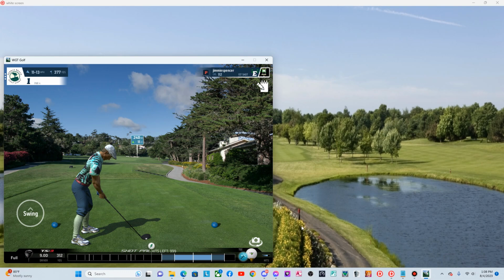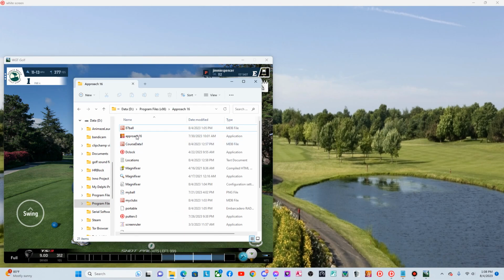Hey guys, I thought I'd go over the Approach 16 program real quick in case you had some questions about it. After you run that setup program, by default it puts all the tools in your C drive under Program Files x86, Approach 16. For this video, I installed it on my D drive, but by default you'll be on your C drive. So there's some tools here inside the folder